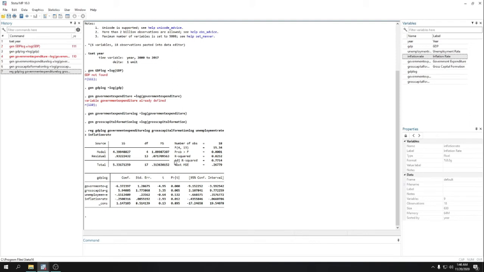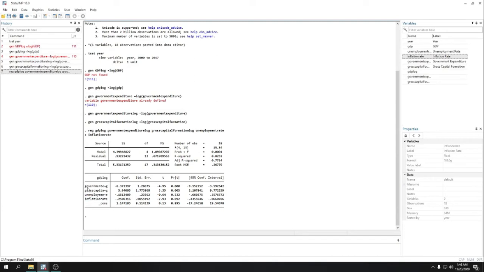So let's try to interpret adjusted R-square using these variables. In this case, our dependent variable is GDP and our independent variables are government expenditure, gross capital formation, unemployment, and inflation rate.